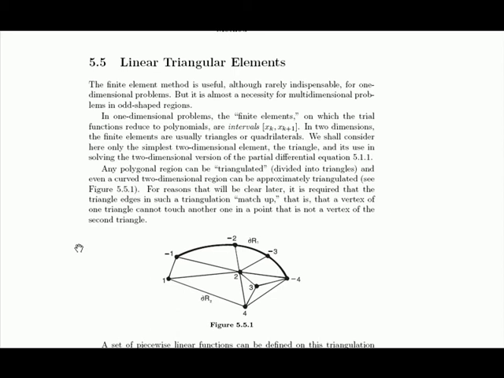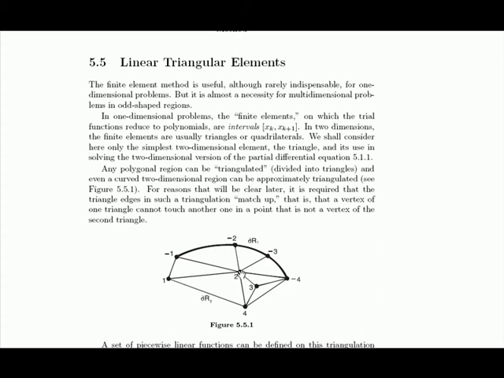One example in 2 dimensions would be to divide the 2-dimensional region into triangles and use piecewise linear elements in triangles. This is directly analogous to using the Chapeau functions of section 5.2, except it's a 2-dimensional problem. We'll define our S sub I to be the piecewise linear function. That is, it's going to be a plus bx plus cy in each triangle, where a, b, and c will be different in each triangle, but such that S sub I is 1 at its node and 0 at all